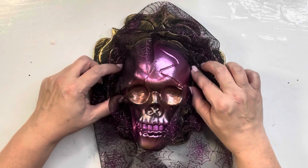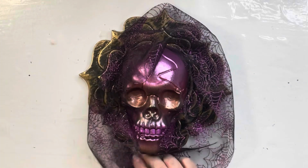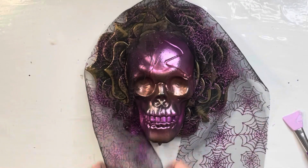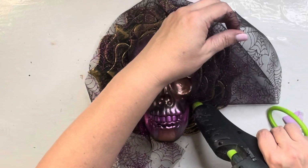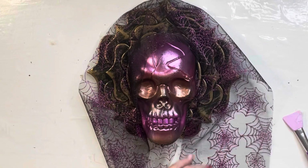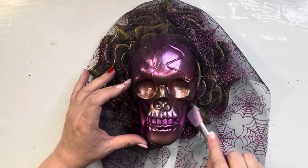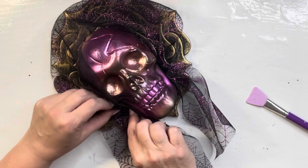around his head or her head, because this is either or, I guess. This can be anything you want. I just thought it would be so cool to have kind of this flowing head wrap around the skull. So I just hot glued it and tucked it into place and kind of maneuvered it around so it was